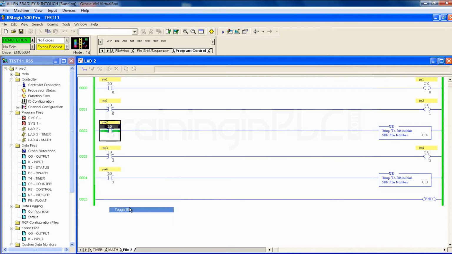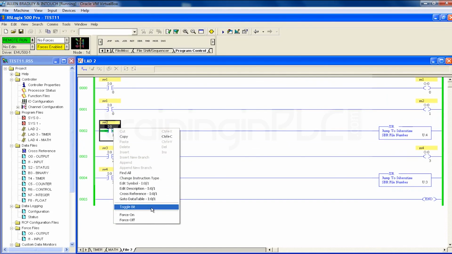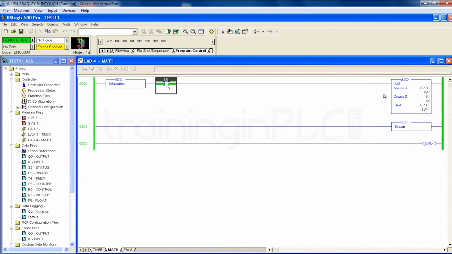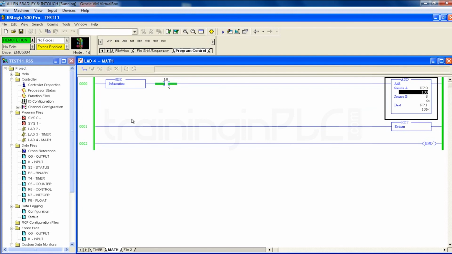See, I am turning on this. Go to your 4th page. Just give a random number here and turn on this. Your function is happening, right? Same. Turn off this. Now you change some value here. Let it be 100. Now your function is not happening. 100 plus 6 is 106, but still it is not updated even though your input is in on condition. Again, if you want to update, check here, go to the math block. Now it is 106, right?